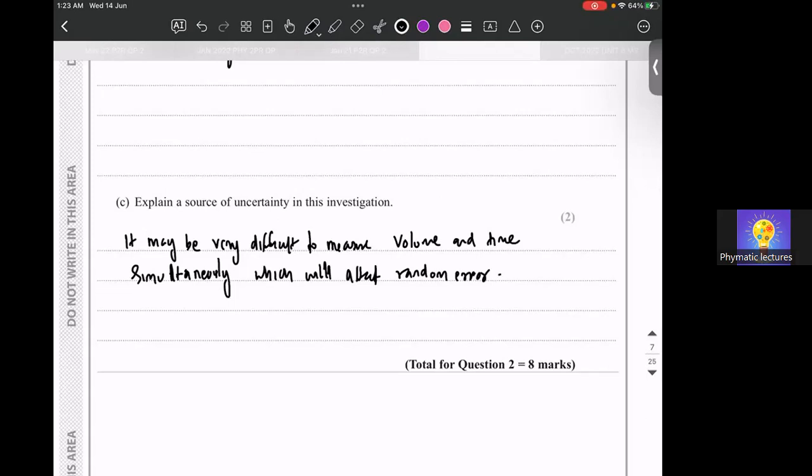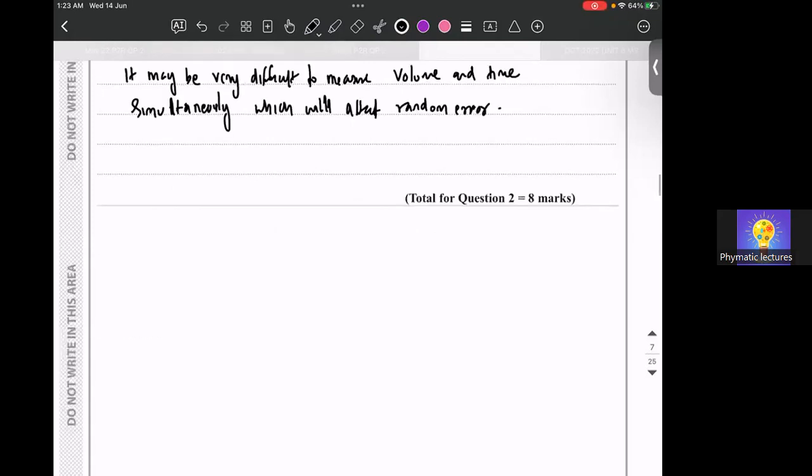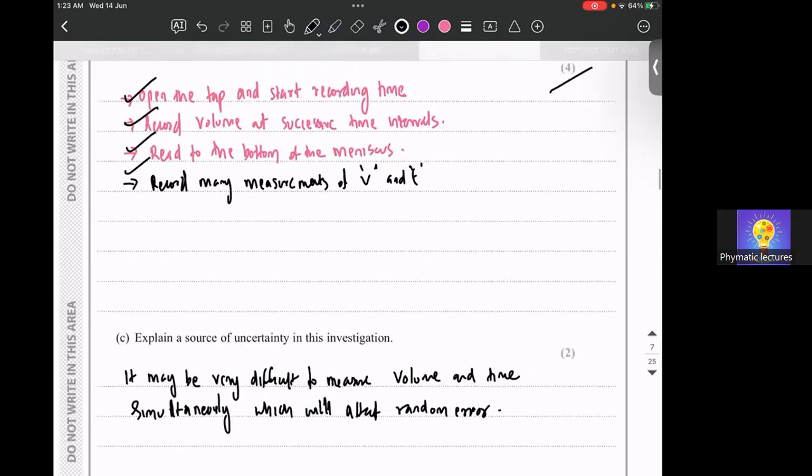Clear? Or you can say air may be trapped in the tap, which will affect the random error. That is also giving you 2 marks, the valid points. So these are some of the uncertainties in this investigation. So that's about question number